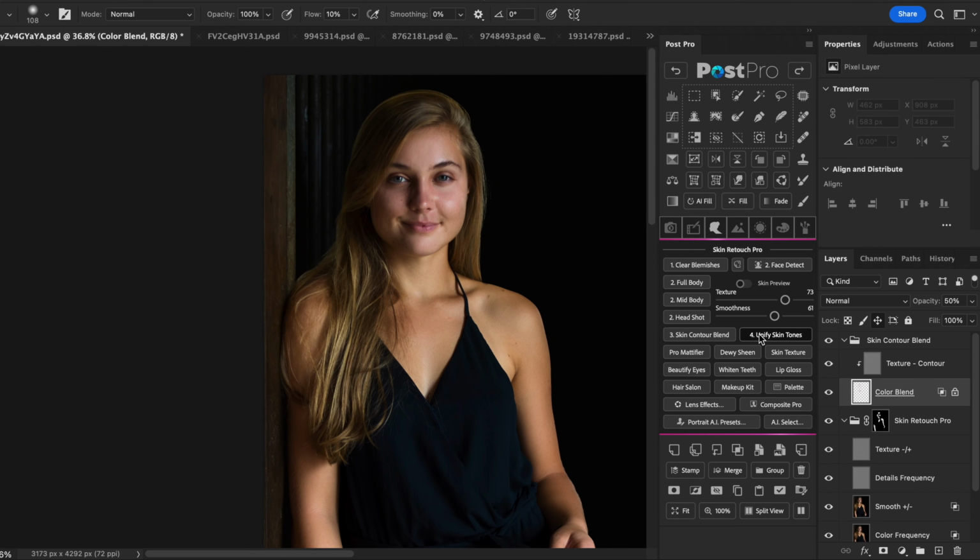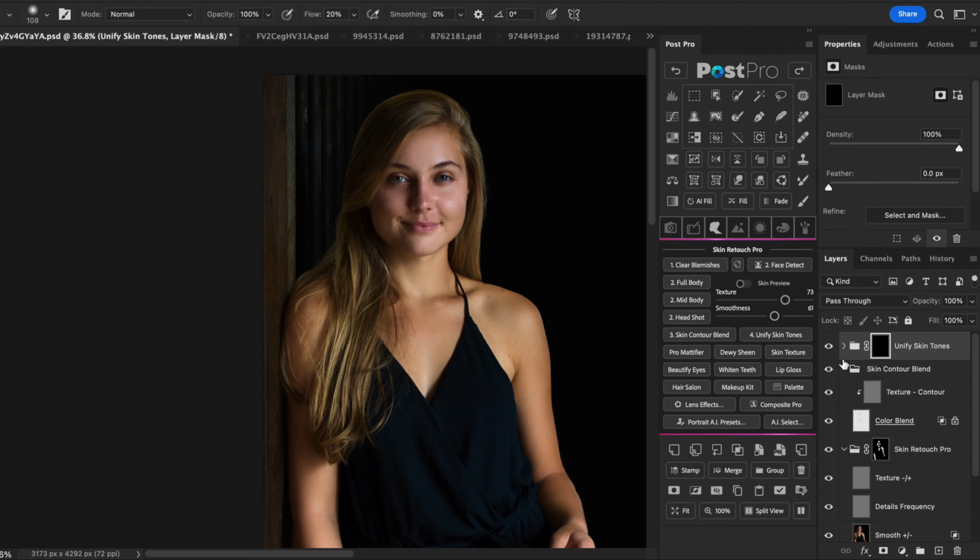The final step 4 is Unify Skin Tones. You can preview the new skin tones using the Hide Mask icon from the bottom section of the panel. The brush tool with appropriate settings will be selected for you to paint on skin areas to even out the